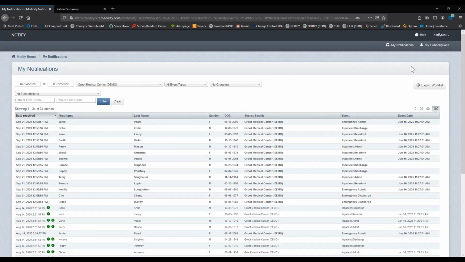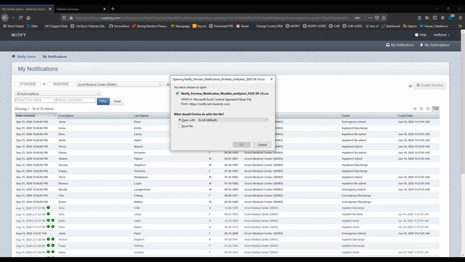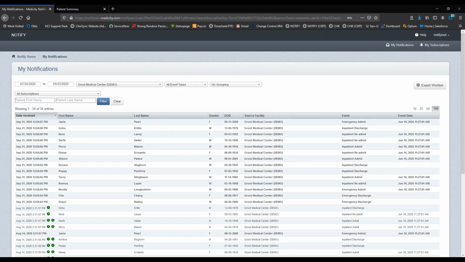Now, I'm going to draw your attention over to the right-hand side of the screen here. You'll notice that we have a button that says Export the Work List. If you click this button, it does exactly that. This will export your work list directly into Excel, which is an extremely beneficial tool if you're someone like me